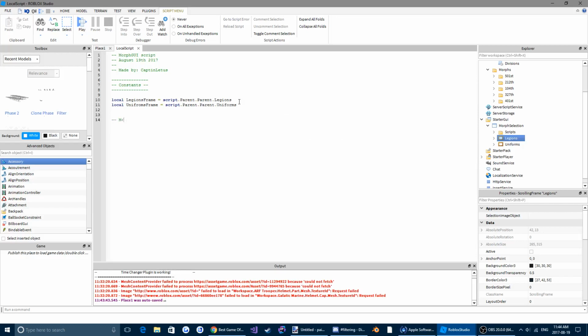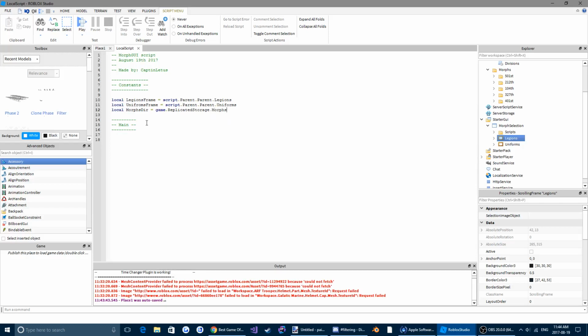And now we're going to come down a few. Do 1 to main. Put some dashes above and below so we can clearly see we're entering the next phase of the project. Actually, we're going to have to make another constant. I forgot. Local morphs dir equals